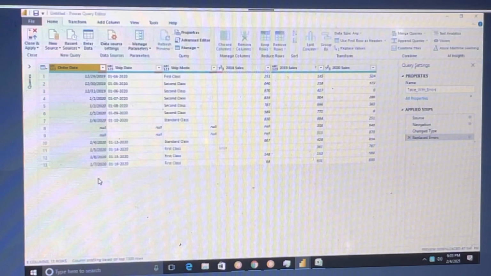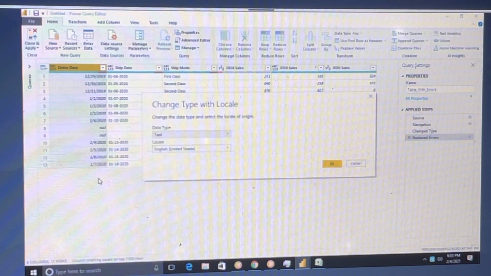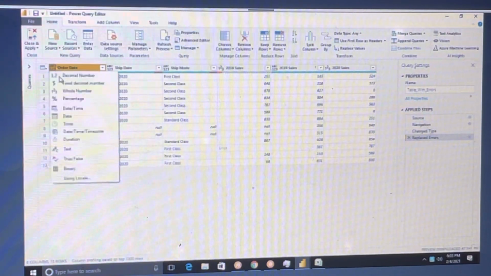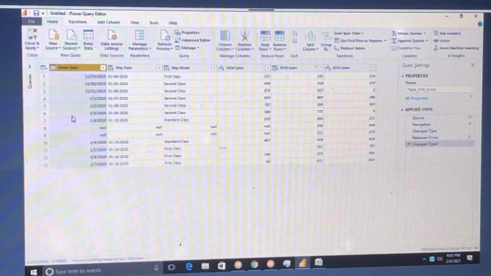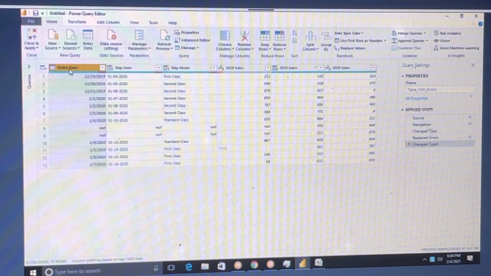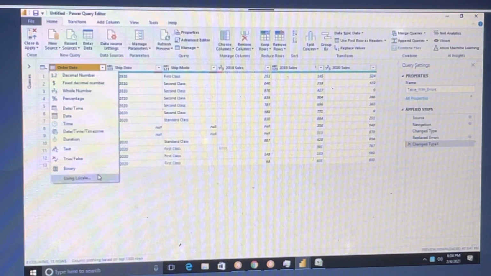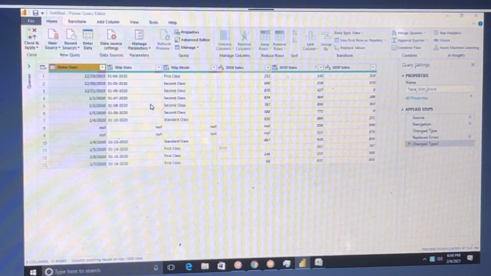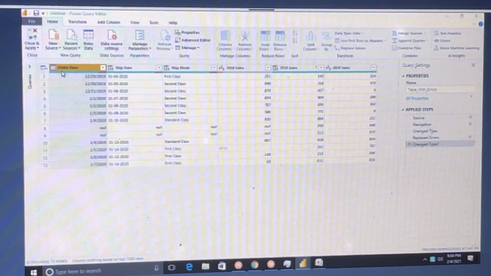Why can't we do it directly with date? Is there a date option also? So you mean to say this one is a date format? Yes, we can do that, but suppose we have a system date and all are different, then you have to use local date, whatever format you want. Whatever format we want, we can click on this.